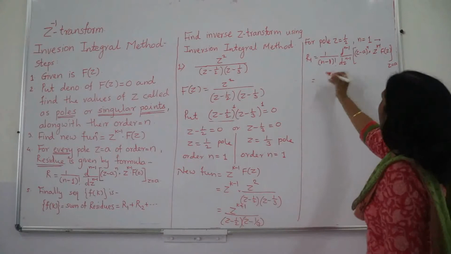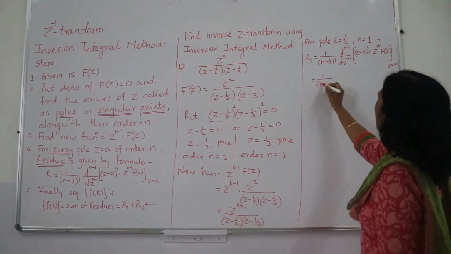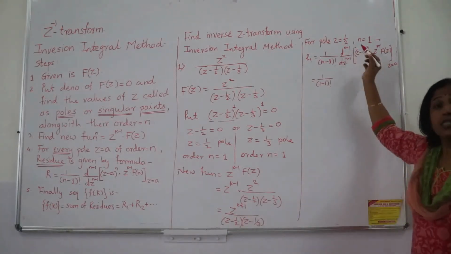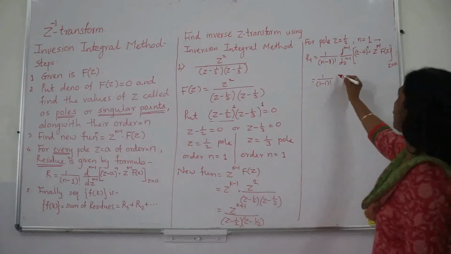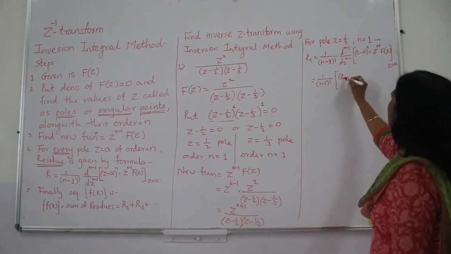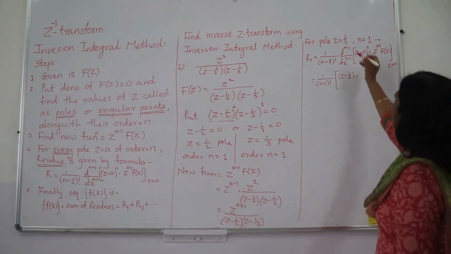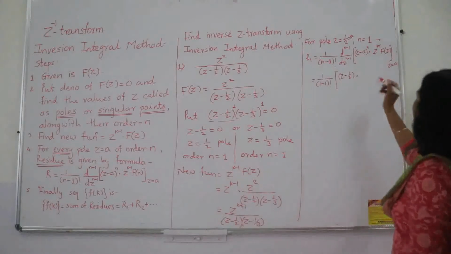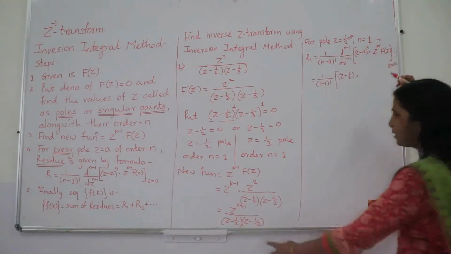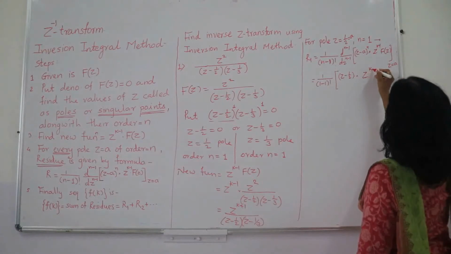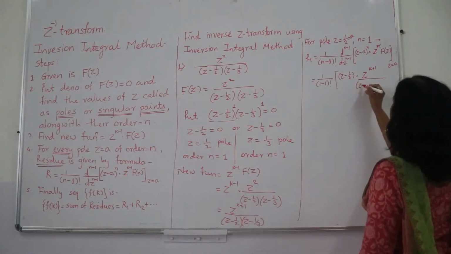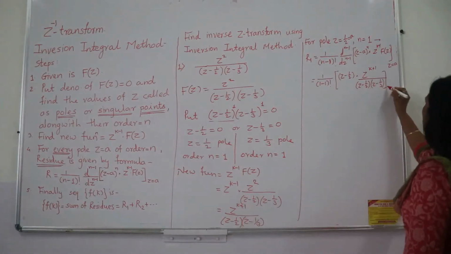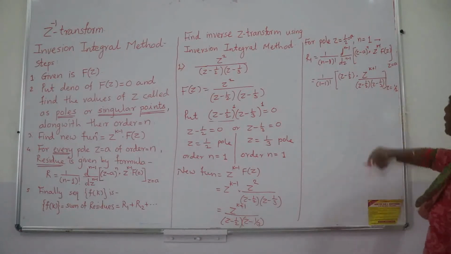So let me apply. Now n is equal to 1, so it is 1 minus 1 factorial. Now see here, when I say n minus 1, zeroth order derivative means no derivative, and then I will just simply place z minus a, which is nothing but half. This value is nothing but a. I have mentioned it here. See, z is equal to a, and then I have to multiply z raised to k minus 1 f of z. This is nothing but z raised to k plus 1 upon (z minus half)(z minus 1 by 3), and in this value I have to place z is equal to half as I am calculating the residue.